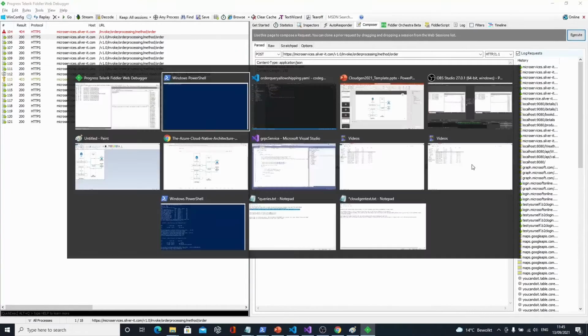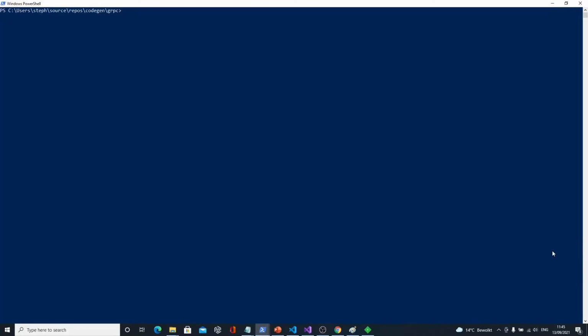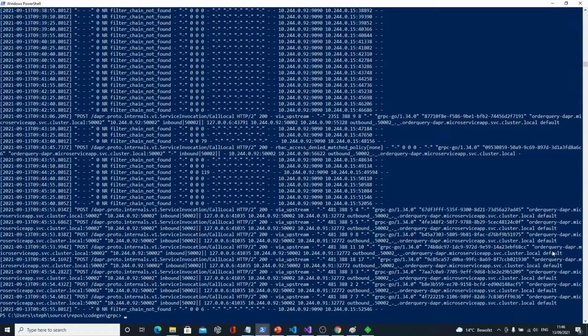Okay, everything is working fine here, but remember my order processing service is independent from the rest. It could say, yeah, that's okay, I received the order, but maybe later in the chain there would be an issue, right? So let's look at the logs of the order query, because that's the end of the chain.